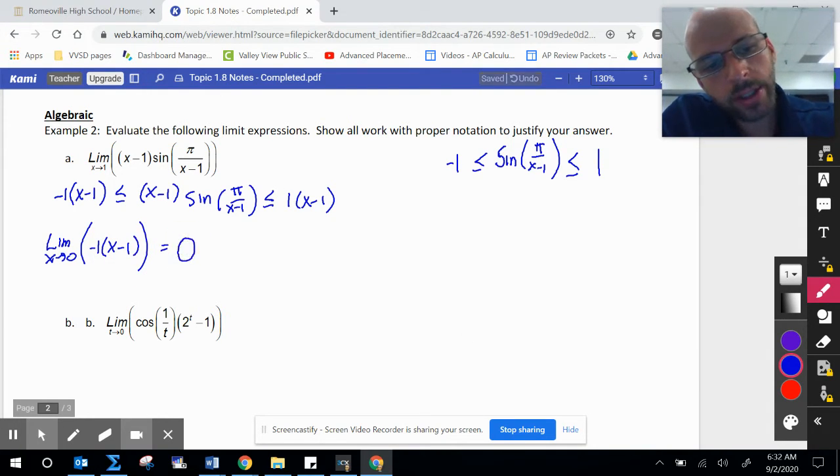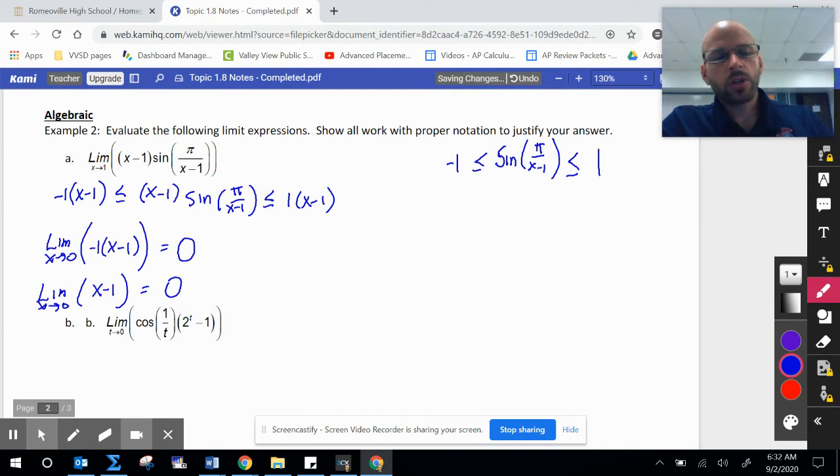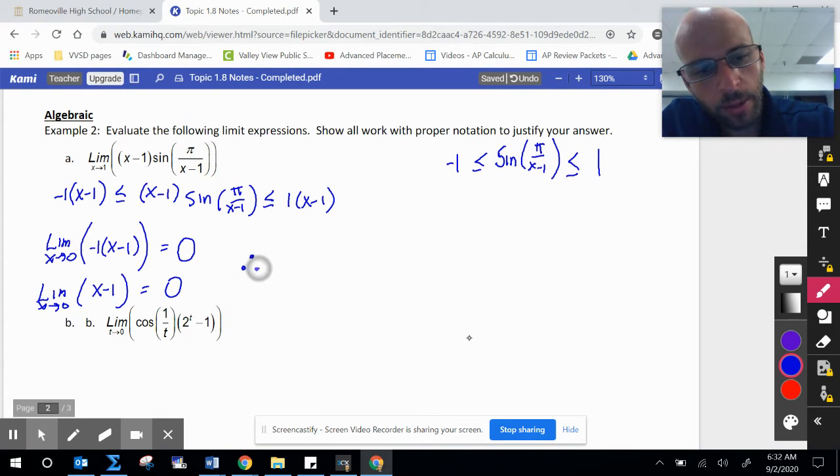And if you do a direct substitution, that gives you 0. And then I'm going to do the limit as x approaches 0 of a positive x minus 1. And if you do a direct substitution, that also gives you 0. So then we can conclude, I'm going to use the three little dots. Therefore, the limit